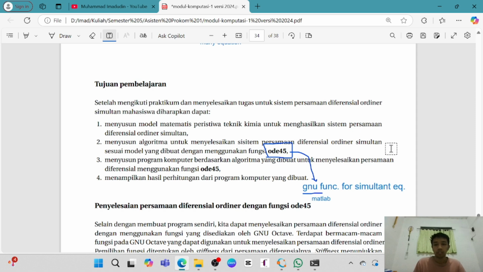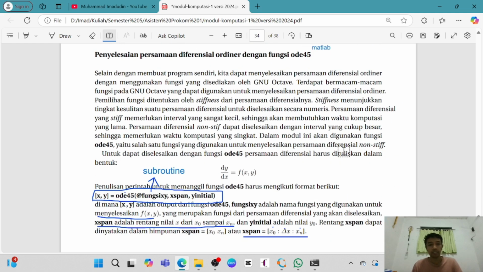In the ordinary differential equation, we just have one equation, so we don't need to put the ODE 45. But in this module, because we have many equations, we need to put the ODE 45.